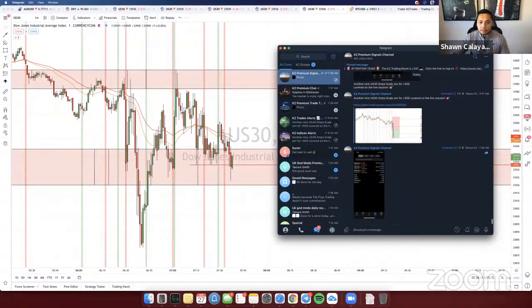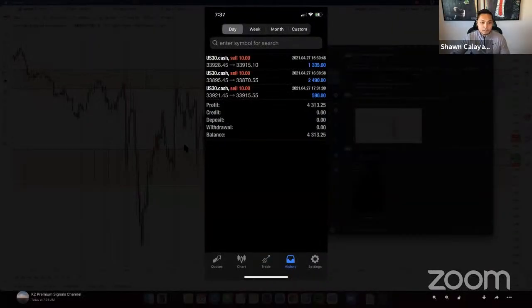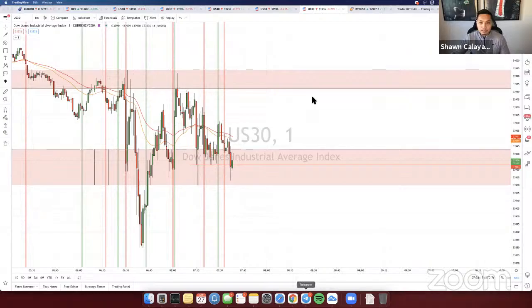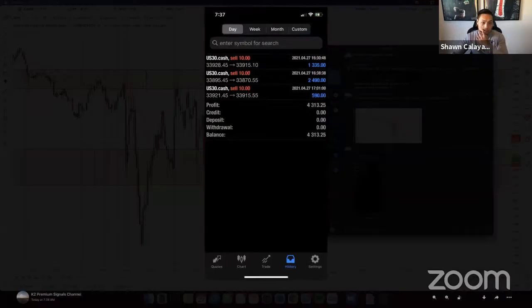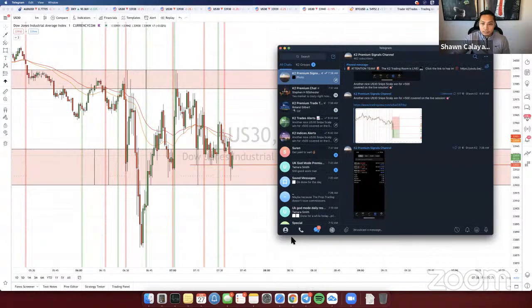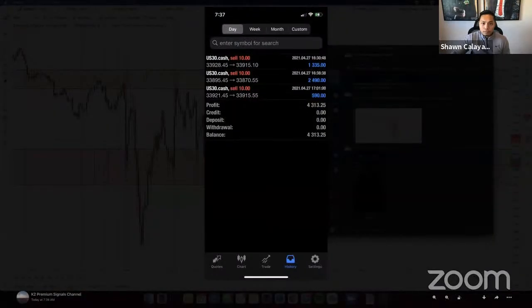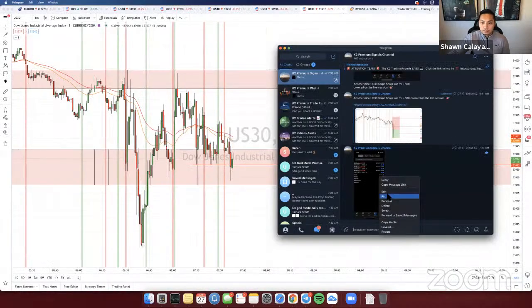These are my profits for today. I locked in 590 off that 1 trade that I told you I was holding on to. I don't like to see any losses on my screen. I like to see straight wins. So for today, I locked in 1,335 off the first trade, second trade 2,490, and right now I locked in 590. It was about 700, but I closed out a little early. If you guys want to pull out and profit, go ahead. I think it's going to keep dropping, but I'm already out of this trade. I locked in a total of 4,313 for the day and 25 cents. Nice work off that.